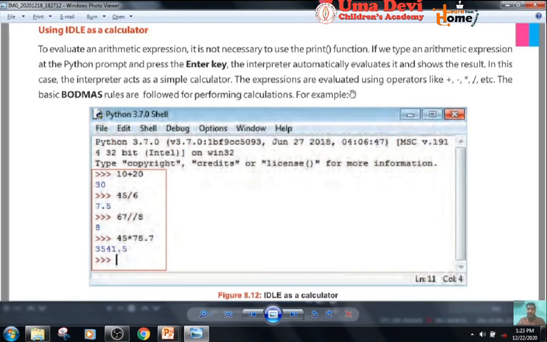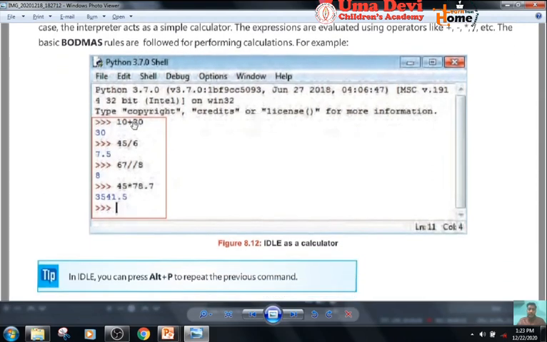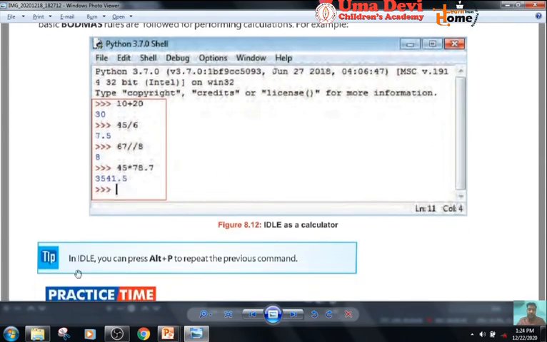The expressions are evaluated using operators like plus, minus, multiply, division, etc. The basic BODMAS rules are followed for performing calculations. For example, you can look at here, there are some commands given and the outputs are given here. This is the example of IDLE as a calculator. In IDLE you can press Alt plus P to repeat the previous command.